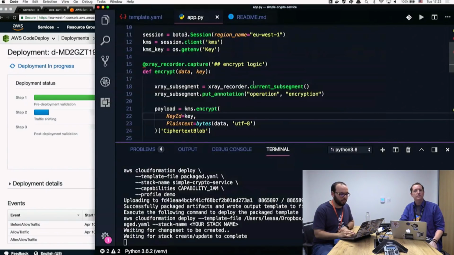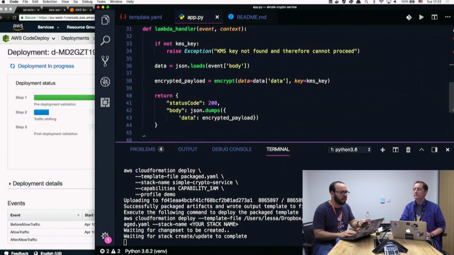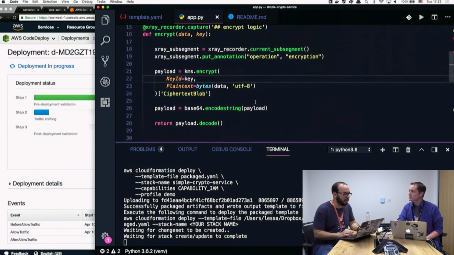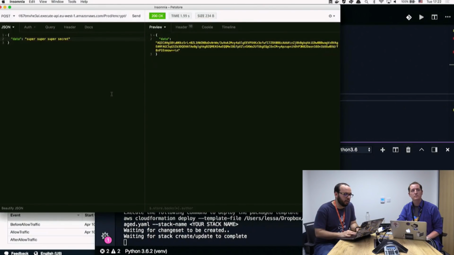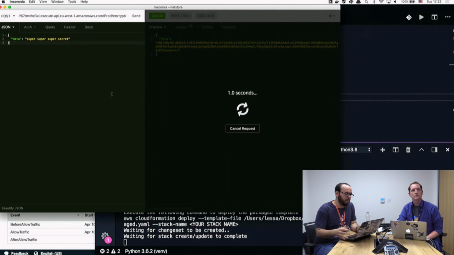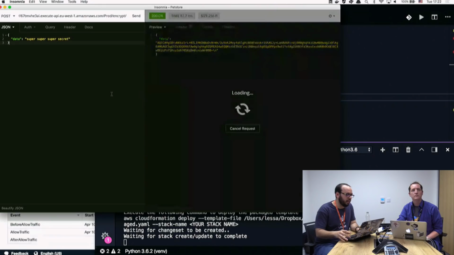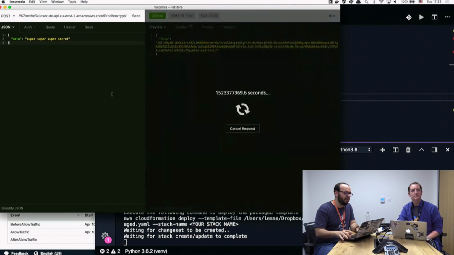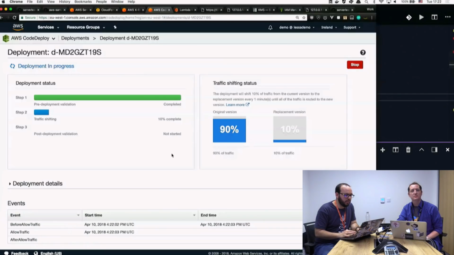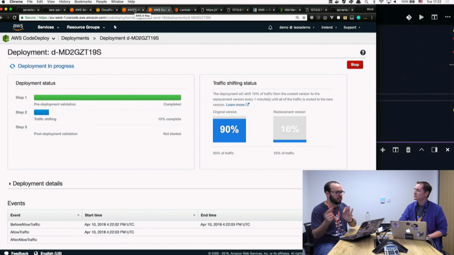Absolutely. I was supposed to actually add a new version as a key here, so I totally forgot. So I guess we're just going to run as is, and then let's see. If we actually try to make a bunch of other calls, that would just work because, well, we're not seeing anything in here. So my bad. I was supposed to add a version so you could see when you are hitting a new version. So if we try to hit a bunch of other times here, just in case, what we see here is in X-Ray, if we hopefully got to the new version,